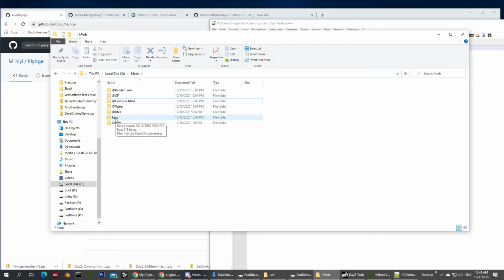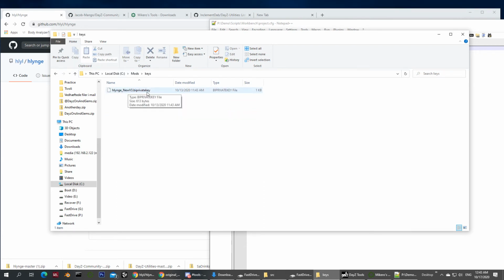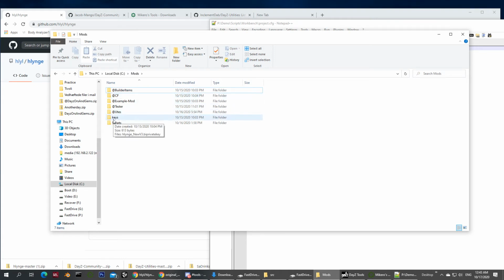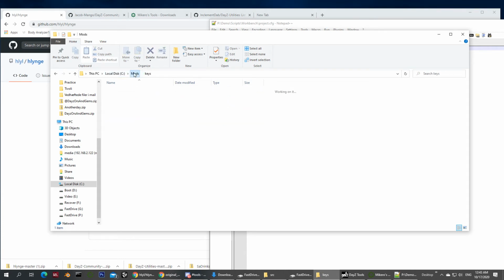I also have included in here my keys, where I store my binary private key to be used for actually signing off the mods created. So keys in C mods, in there store your private key, and then these two mods are because we need them for testing the setup of this particular mod.